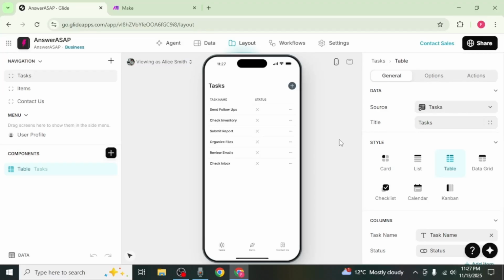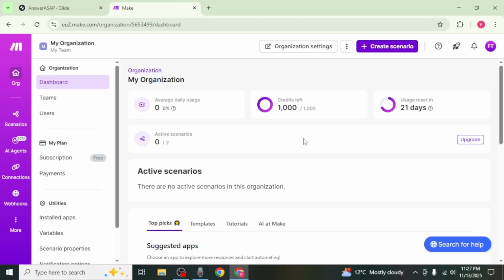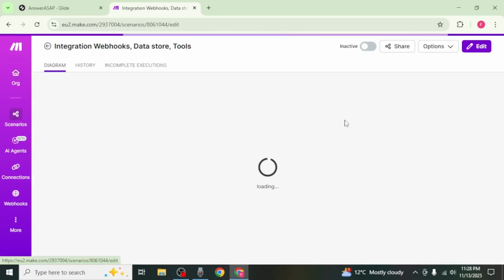In this video, I'm going to show you how to connect Make to Glide. First, head over to your Make account. You need to create a scenario, whether you are sending data from Glide to Make, receiving data from Make into Glide, or doing both. I already have a scenario built, so I'm going to open it and go into the